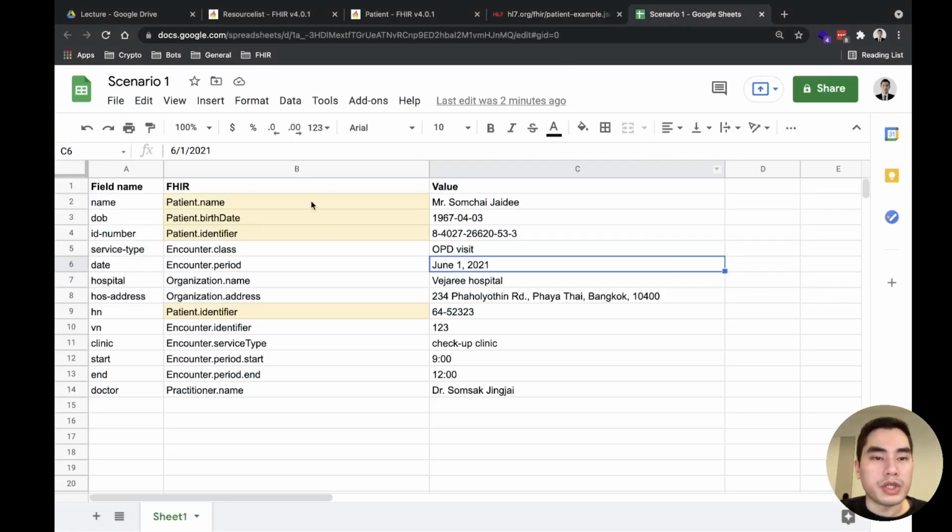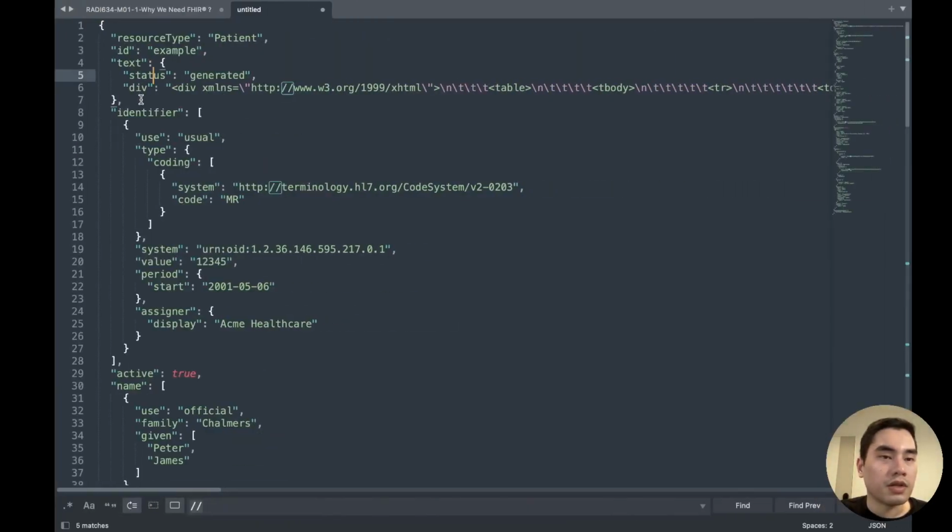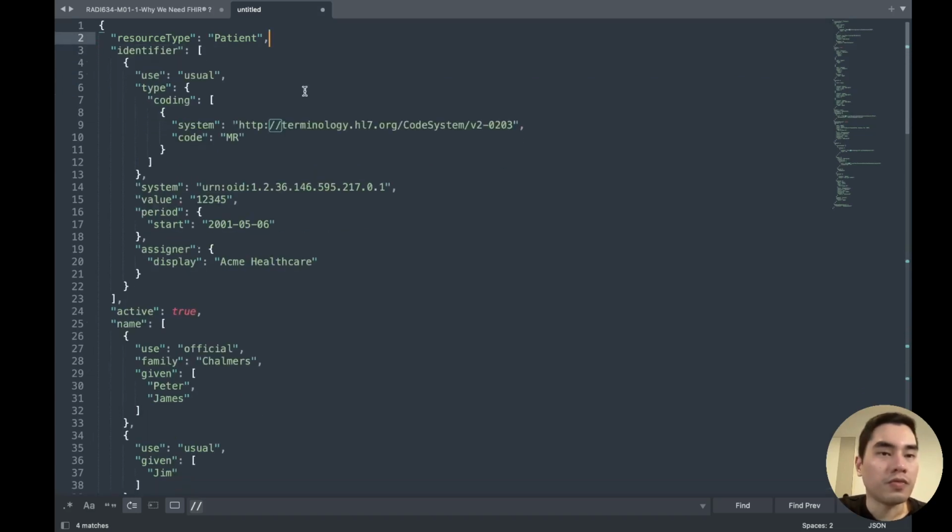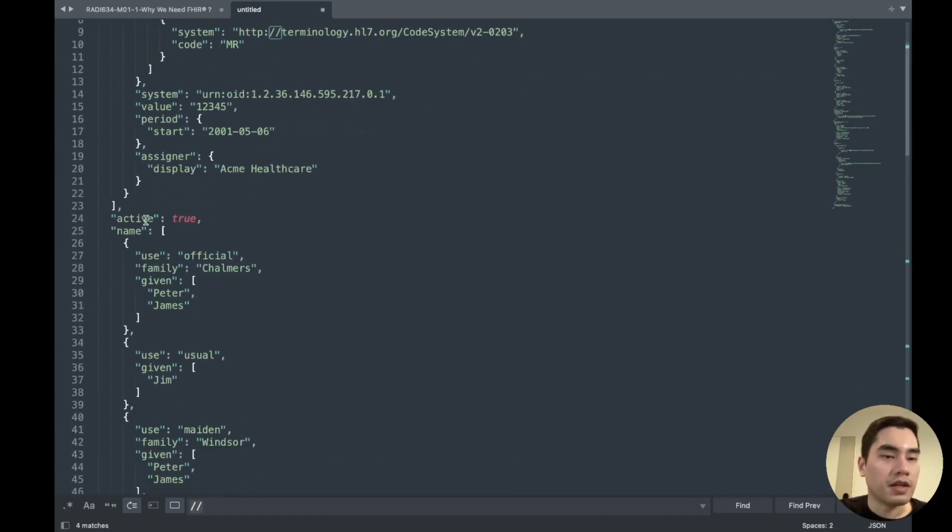And to see which data we need: name, date of birth, ID, HN. So we don't need this. ID is the ID of the resource. It's not the identifier. This one we don't need, so we will remove it. Identifier we need.